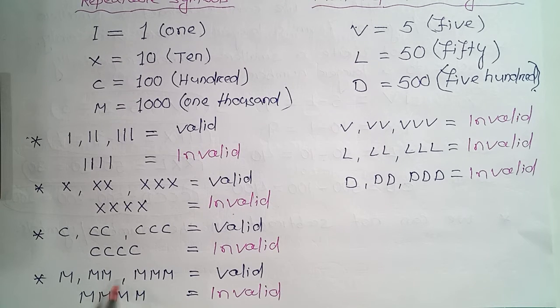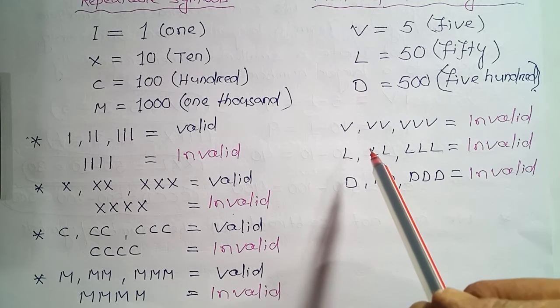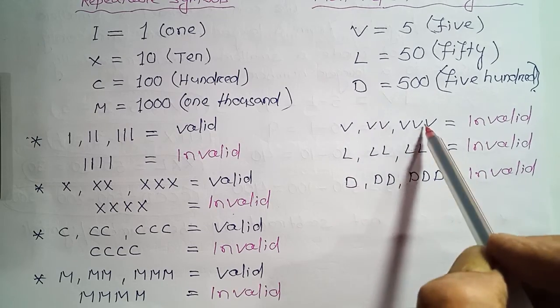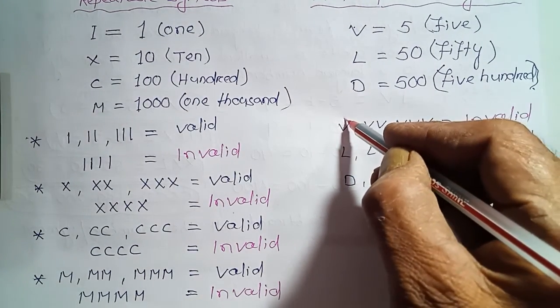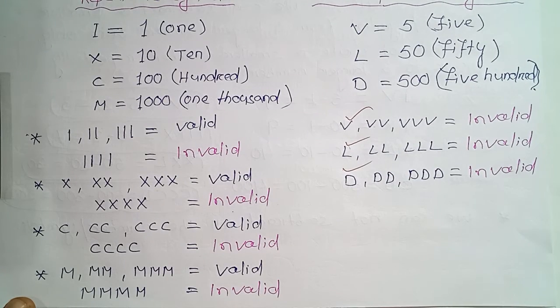M, MM, MMM is a valid number, but 4 times M or 5 times M are not valid numbers. Like so, we cannot repeat these numbers. That means we cannot write VV, VVV. We can write only V, L and D